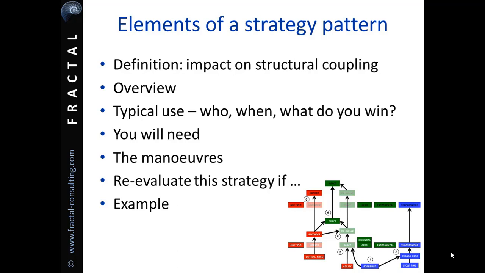We define the strategy shopping list, if you will, what you'll need to be able to execute it, and then we weave that into the manoeuvres. There's a description of each manoeuvre, together with some indicative indicators that you can use to track how it's all going. We recognise that a strategy has a shelf life and that at some point the environment or the coupling or both will have changed, and that strategy may not be serving you well anymore. It may not be to your advantage. So re-evaluate this strategy gives you some of the warning signs to look out for. And finally, there's an example or two of a real company which has used the strategy.